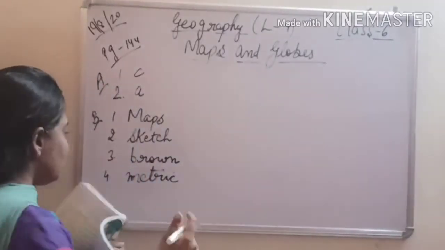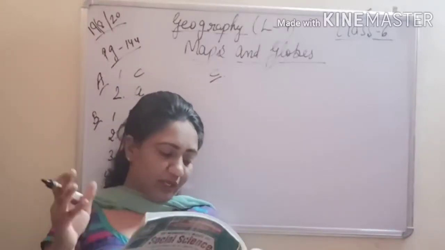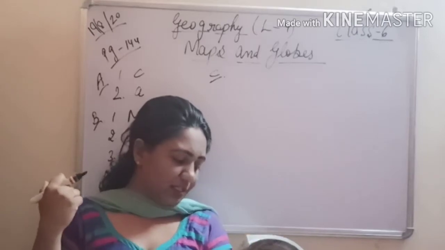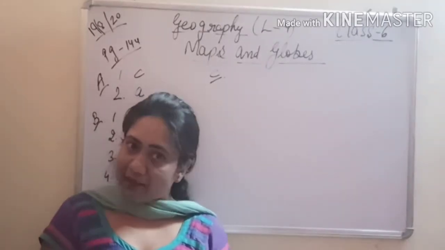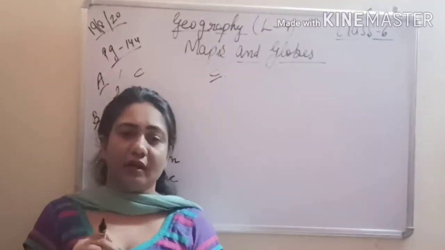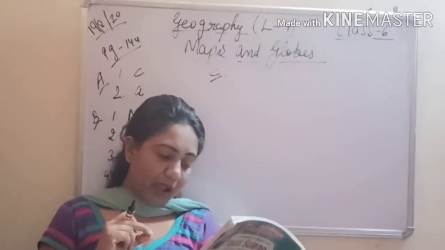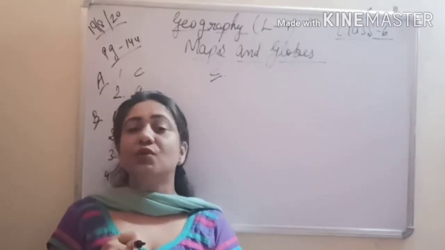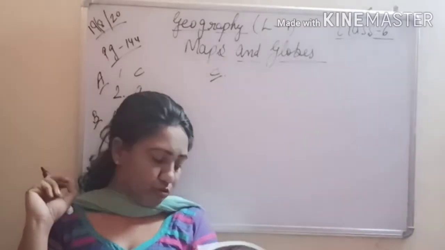Next exercise, we have exercise C, that is match the following. So let's do that. First I'll give you the answers and then I will write the series, right? So rainfall, it is represented through thematic map. So the correct answer is thematic. You can mark number 1 after number 4 in front of D part. Okay. Physical map, what does it show? It shows plateaus and plains. So in front of C, write number 2.